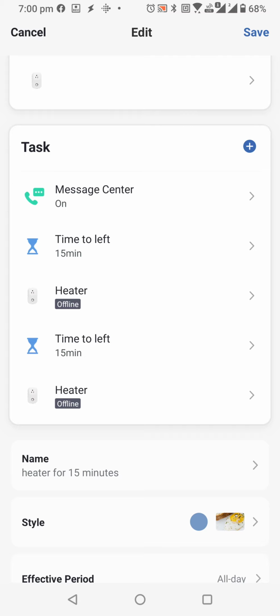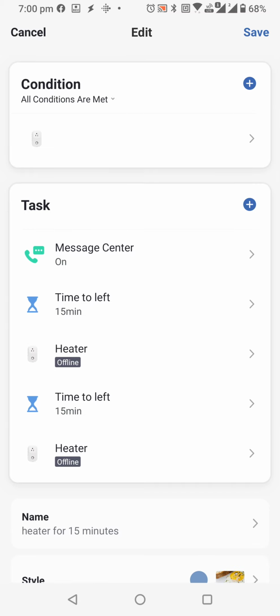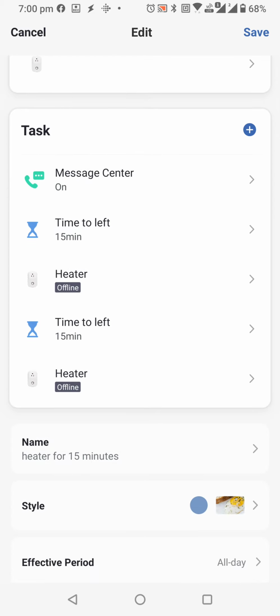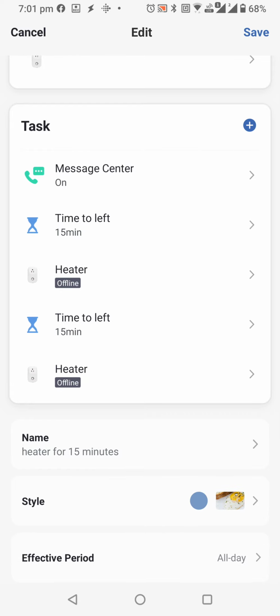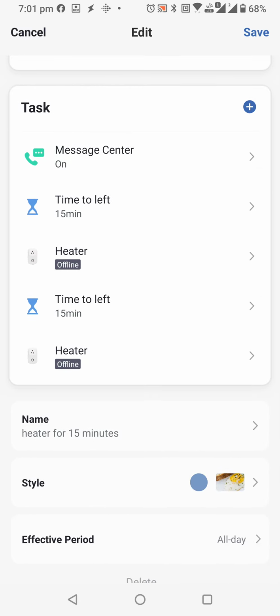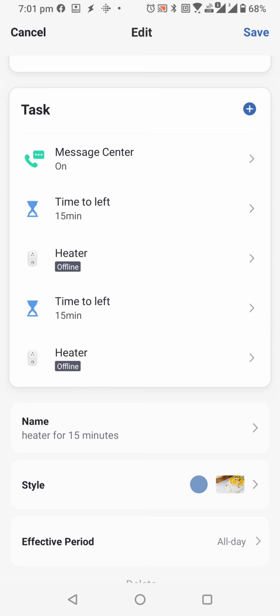What it will do is run in a recursion manner. For example, when your plug is on, it will show a message and wait for 15 minutes, because it is already on by some command or maybe by using the physical button. Then in this section I'm doing a turn off, and telling it to wait for another 15 minutes.